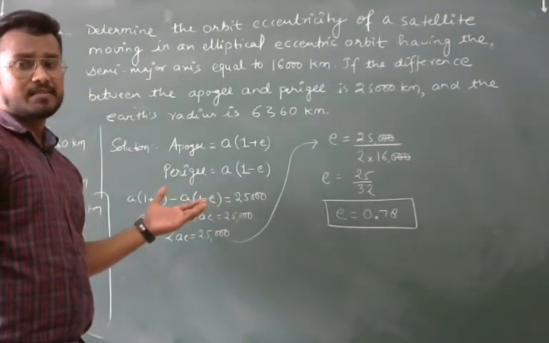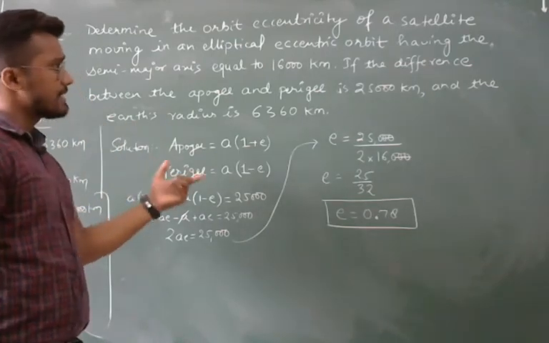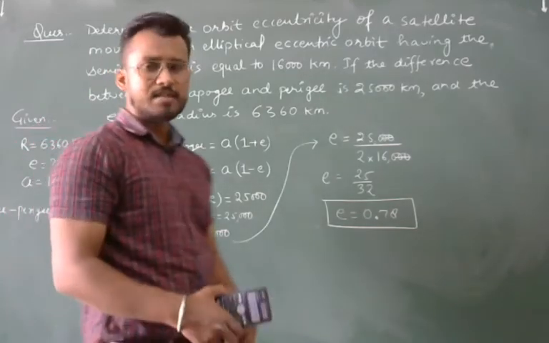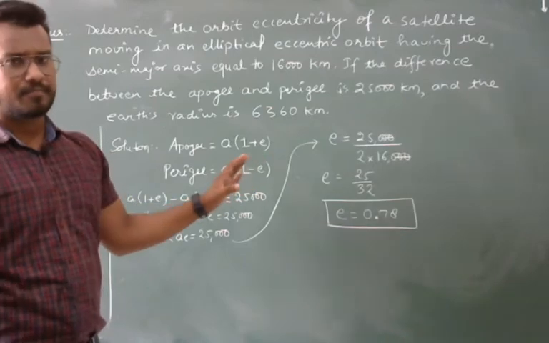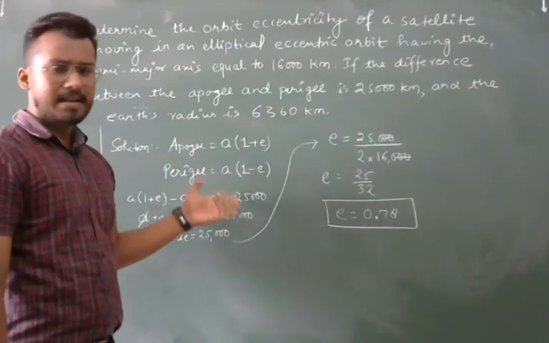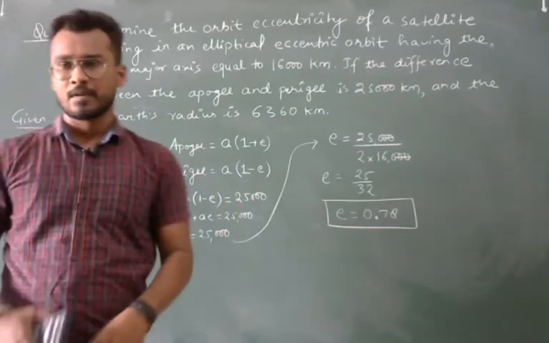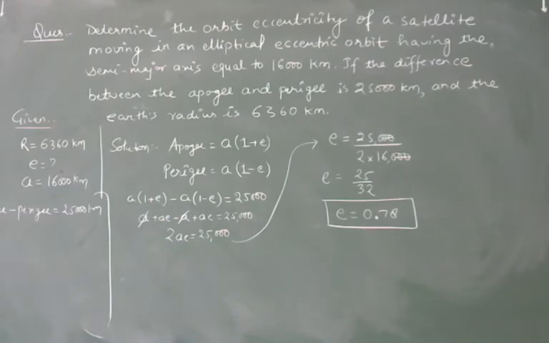So this is the way through which you can solve the numerical. Maybe the question will come with exactly these given data. But if the question's data are changed, need not worry, the process will be the same. It is not a tough process, and you can easily solve it. So I hope you understand. Just note it down or take a screenshot, because I am going to rough it out and we will go for the next question.